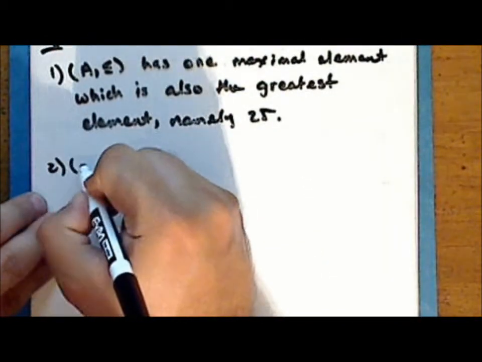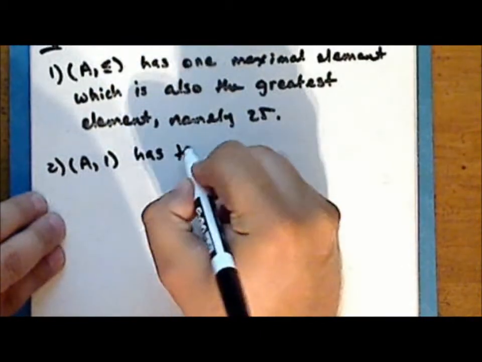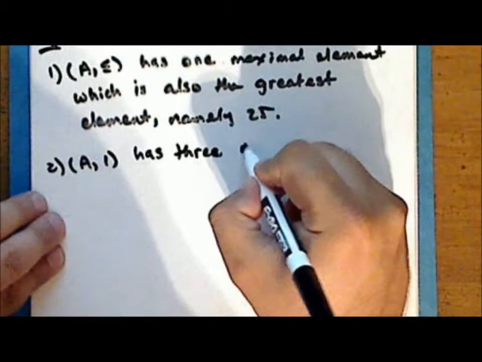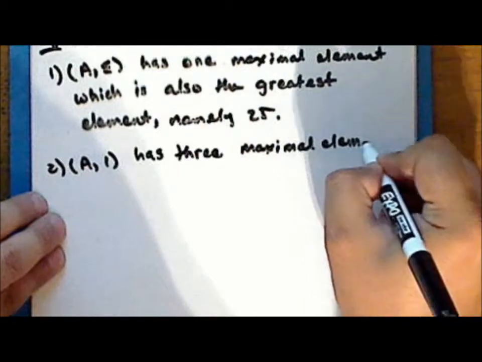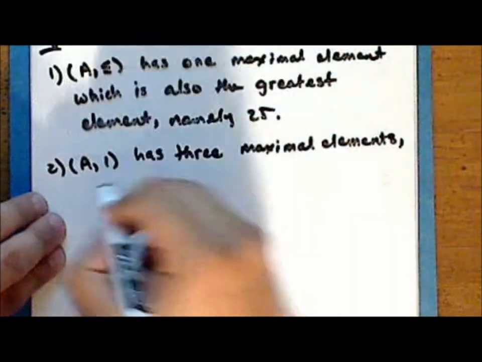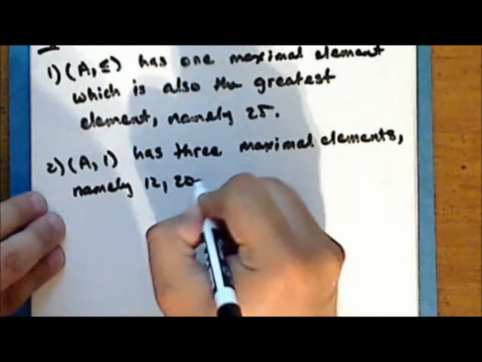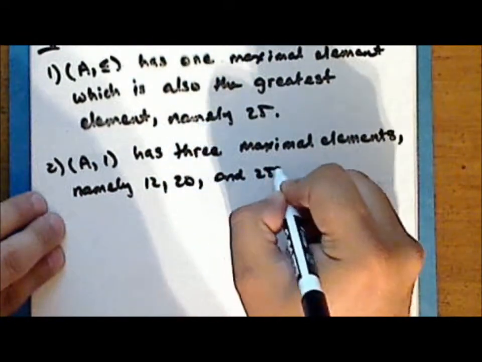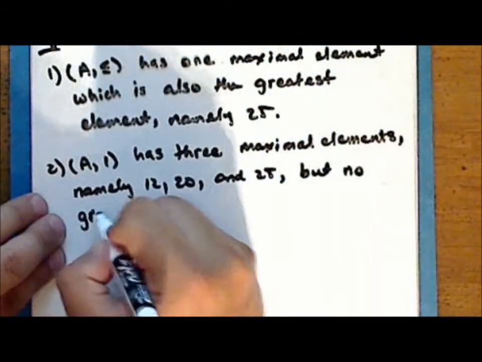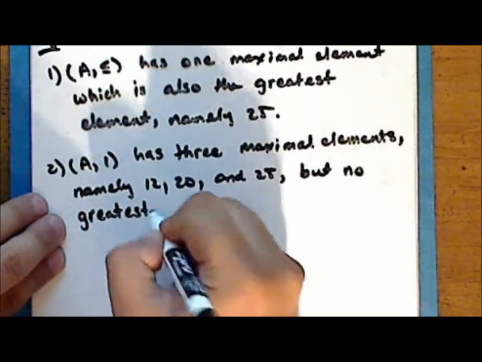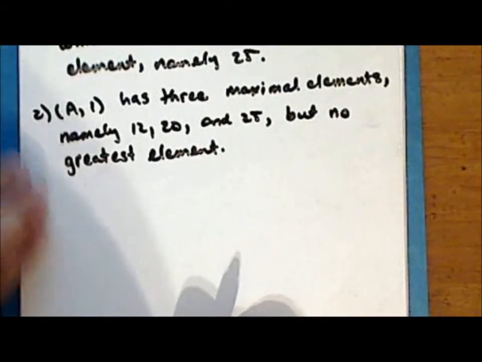and the poset formed from the set A together with the relation divides has three maximal elements, namely 12, 20, and 25, but no greatest element. So proof: